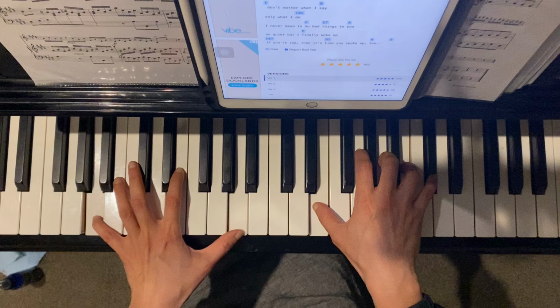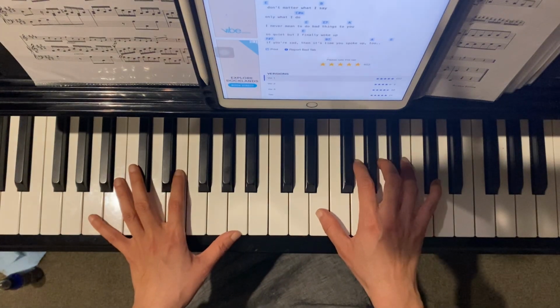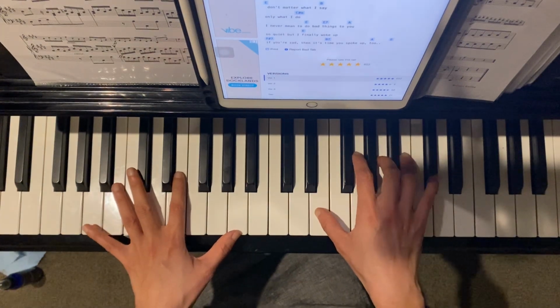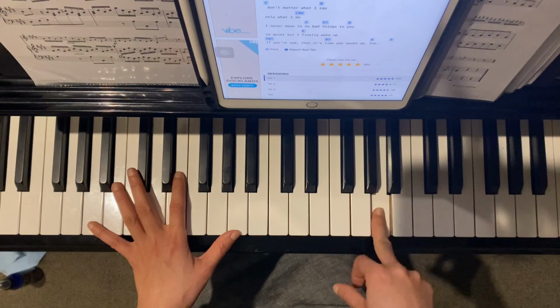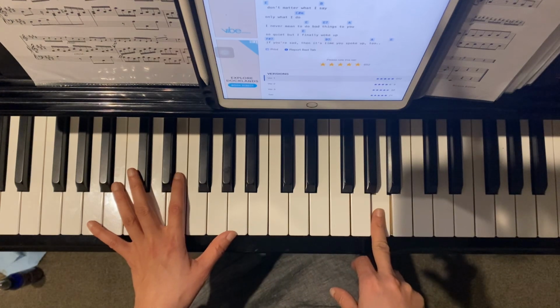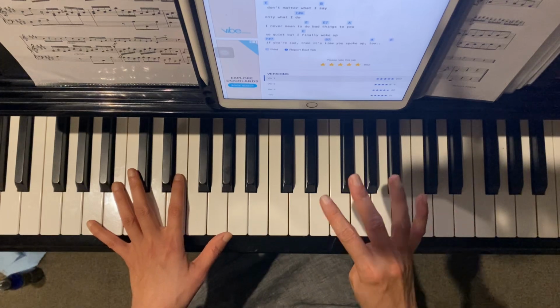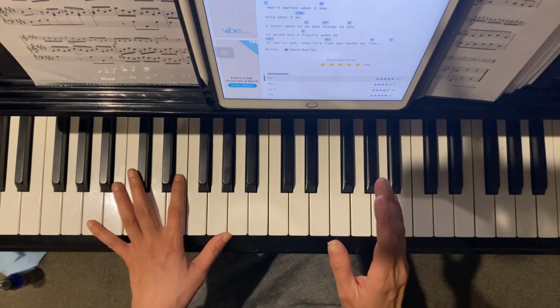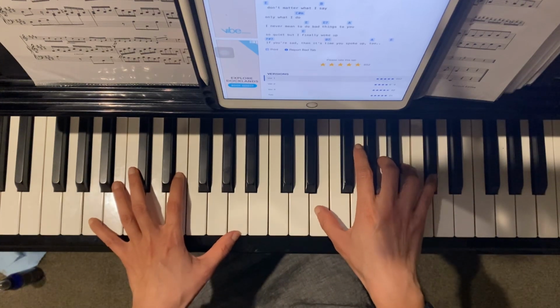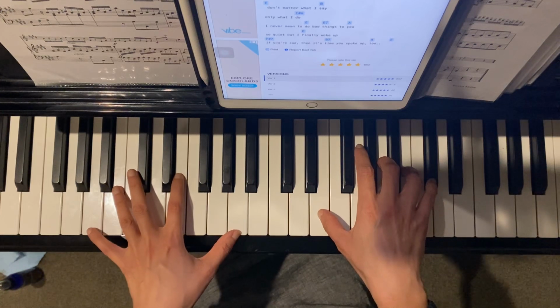A is the subdominant. Okay, subdominant. And this is what we call a plagal cadence from 4 to 5. No, from 4 to 1. Oh my goodness, wake up. So we go A,